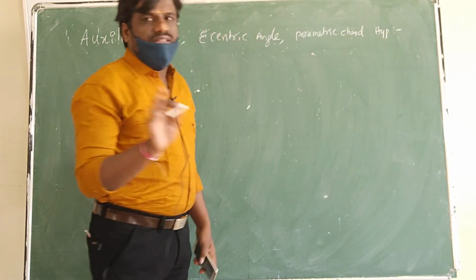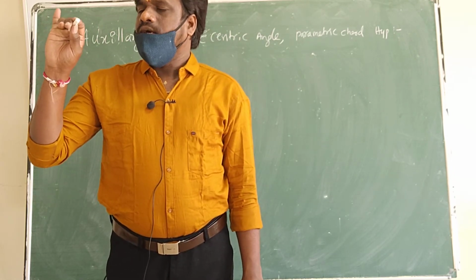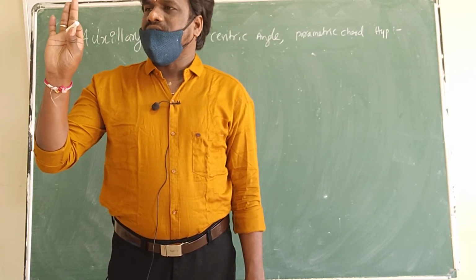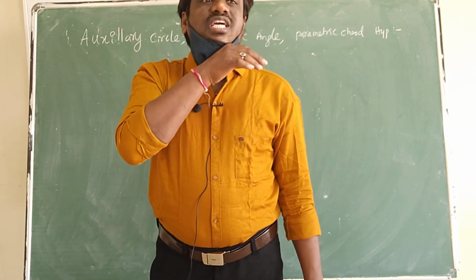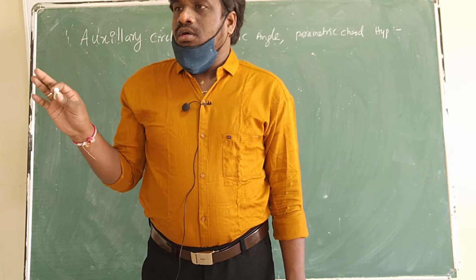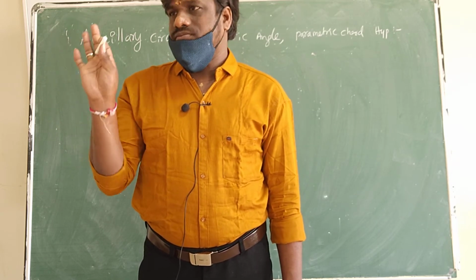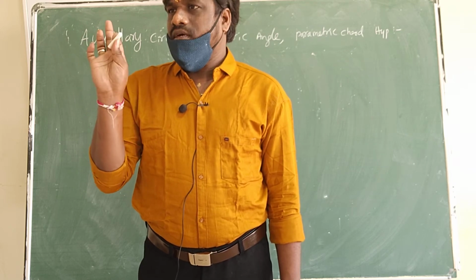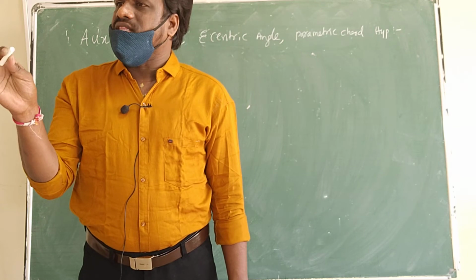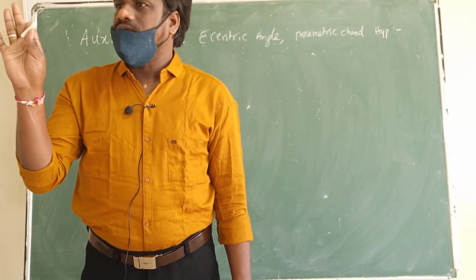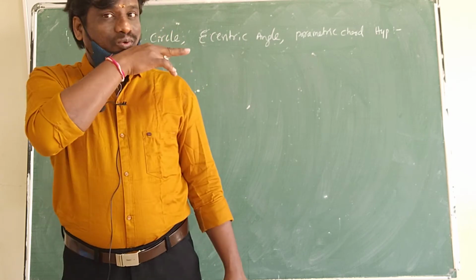See, I will tell you one thing. What I explained to you, circles, parabola, ellipse and this hyperbola, these are the conic sections. And this concept is there for Maharashtra CET also. Don't forget that. What I explain, prepare that properly. That will be more sufficient for you. Go home and take these videos and watch them.